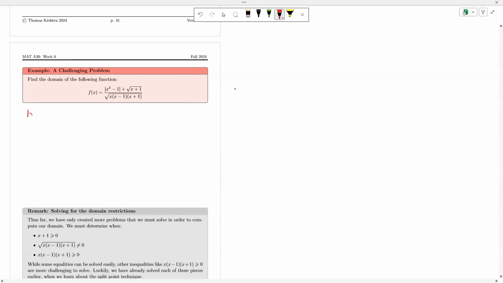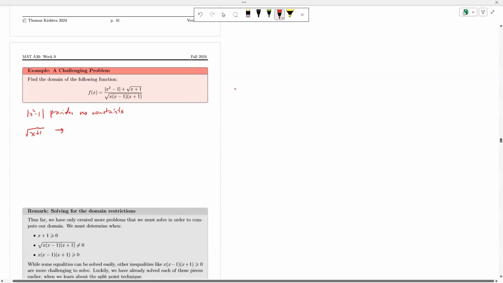So the absolute x squared minus 1 provides no constraints. Now the square root of x plus 1 implies that x plus 1 is greater than or equal to 0, and the 1 over square root of (x minus 1)(x plus 1)